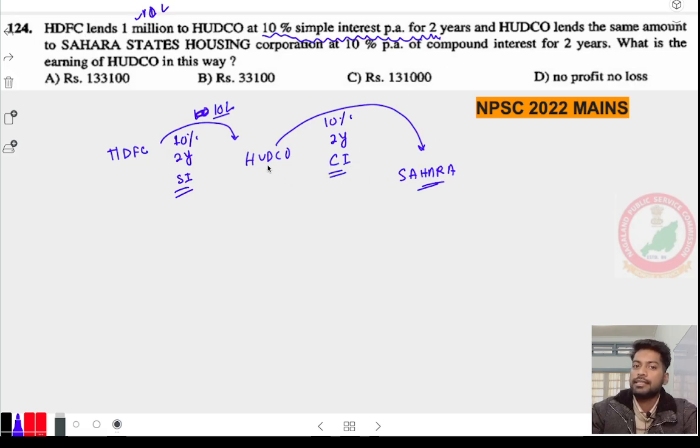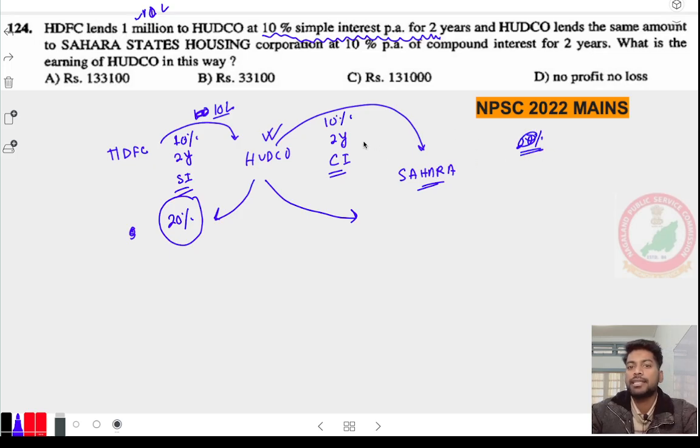Now definitely, Hudco is taking money by simple interest but lending money by compound interest, so definitely Hudco will be earning some more amount of money from Sahara, then he will be giving some amount of money to HDFC and he will be keeping some money. So Hudco has to pay 20% interest rate. Why? 2 year 10%, 2 year 10% करके Hudco has to pay 20% SI, okay. Hudco has to pay 20%, but how much will Hudco be earning from Sahara? 2 year 10%, don't write 20%, नहीं, ऐसा नहीं होता है. SI CI में for 2 year 10% it will be yours